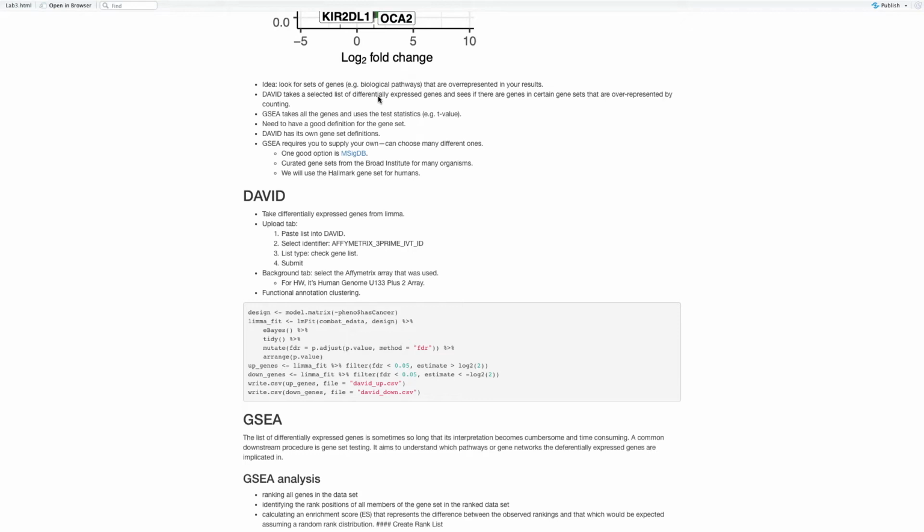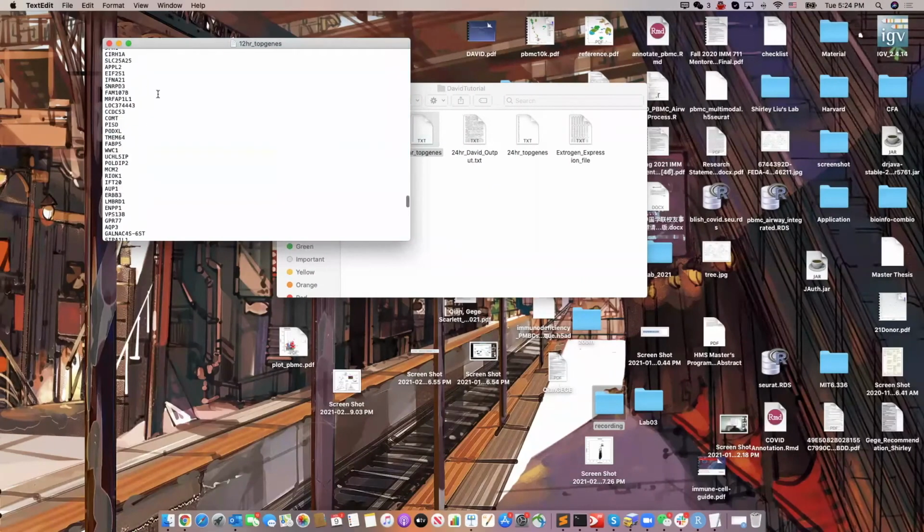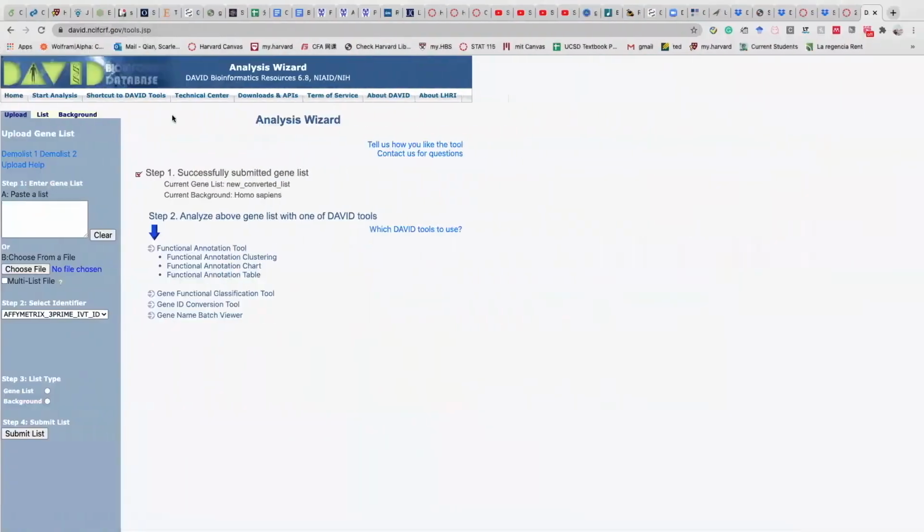GC, we need to provide one by ourselves. So MSigDB will be a good one that's commonly used to provide to GC. So we're going to do a very small tutorial on the DAVID. So first, you already have a list of genes that's differentially expressed, like here, and then